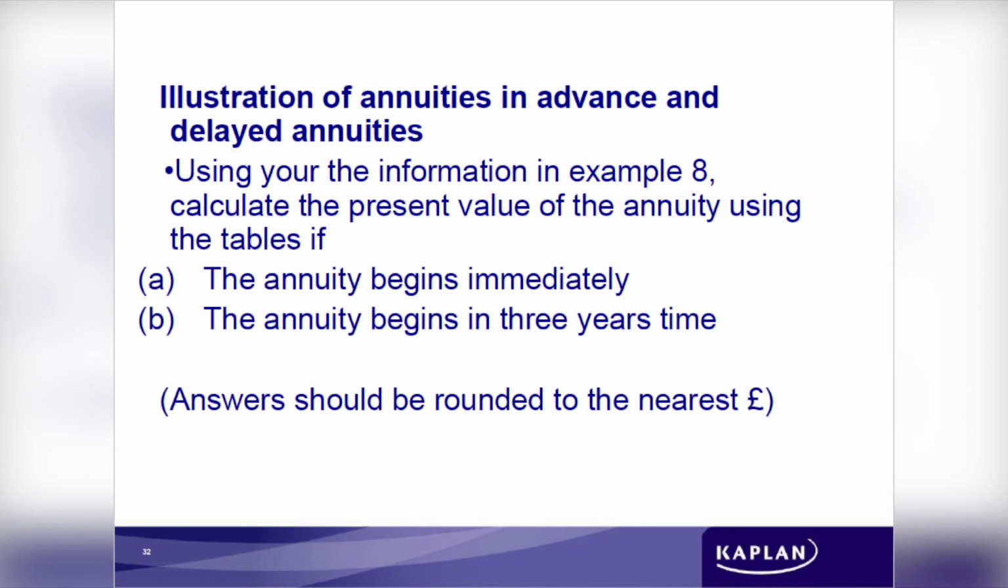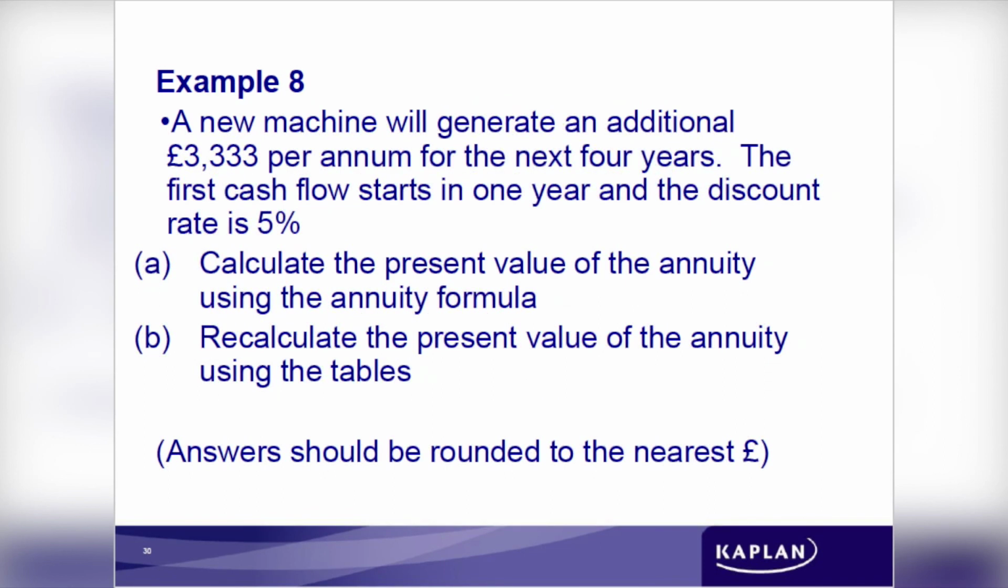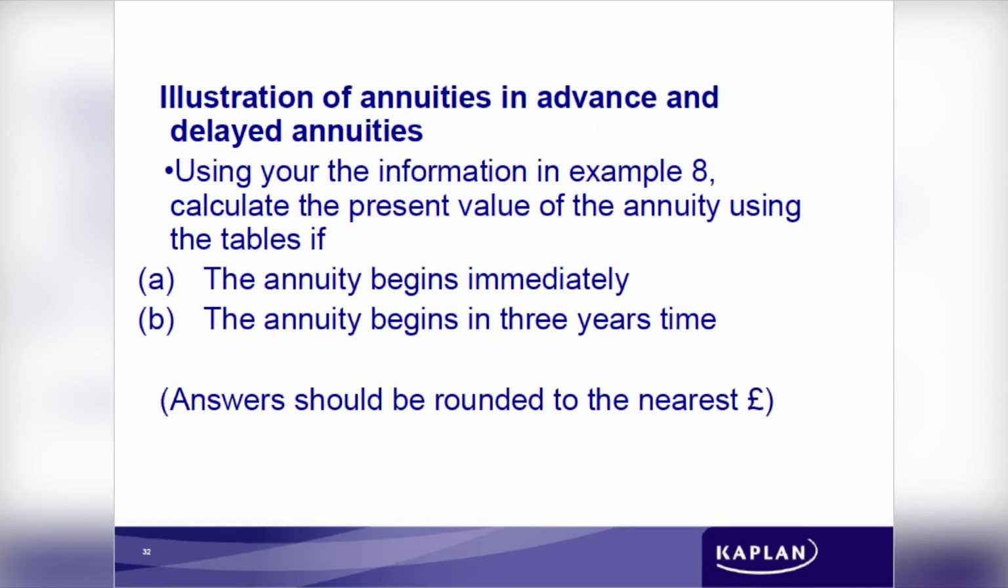So we're going back to example number 8 and see what it was saying. It said a new machine will generate additional 3,333 per annum for the next 4 years. So for part B of the new question,